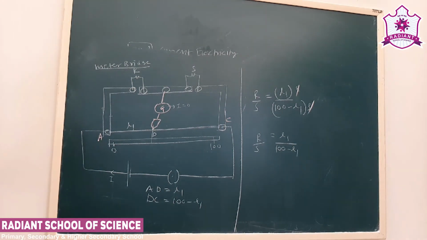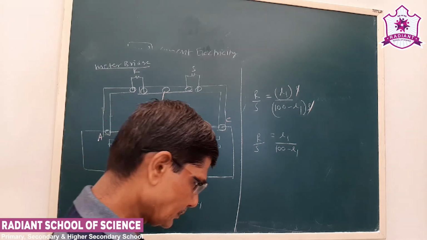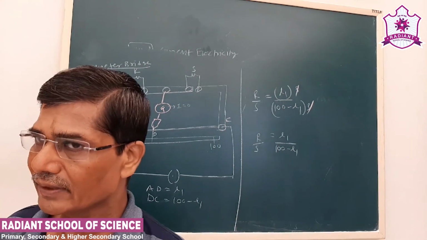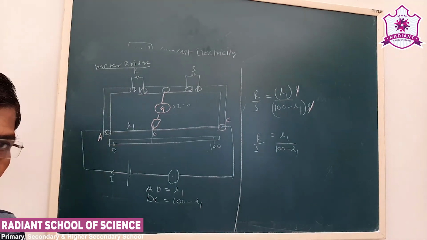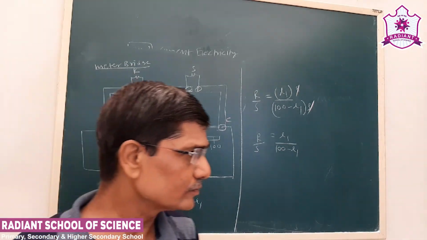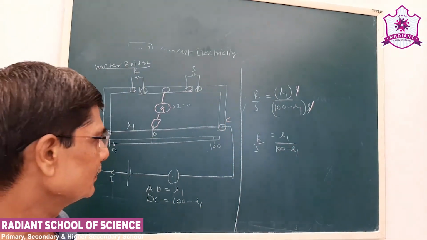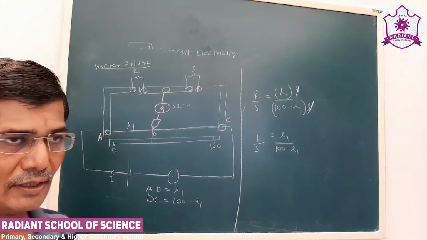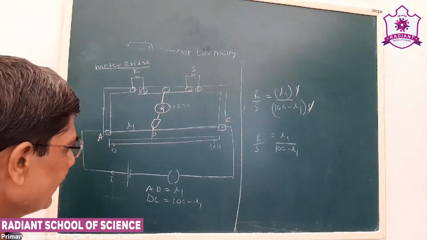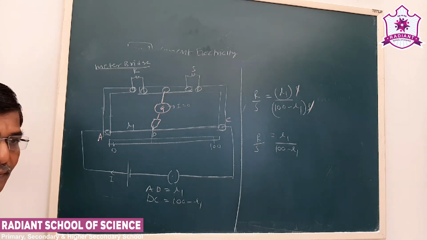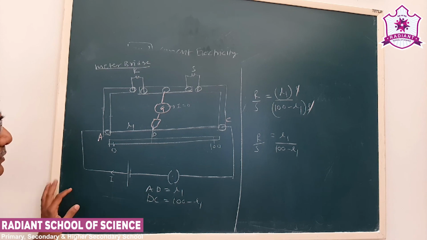So what we have seen today: we saw Kirchhoff's first and second laws. The first law is based on the law of conservation of charge. The second law, that is the loop law, is based on single valuedness of the electric potential in a circuit and the law of conservation of energy. We saw examples of how it is useful to analyze any electrical circuit. Then we saw about the Wheatstone bridge and the meter bridge, which is a practical application of the Wheatstone bridge.